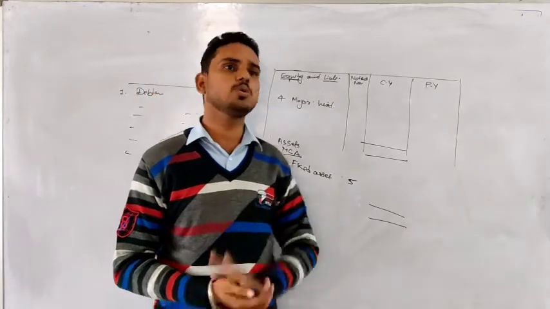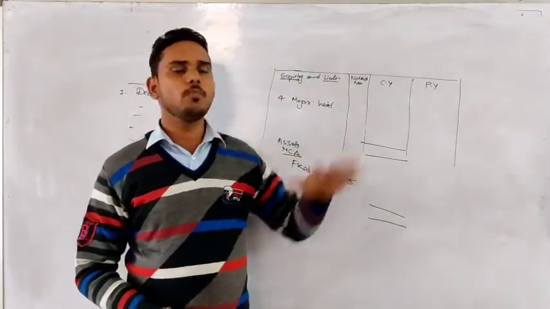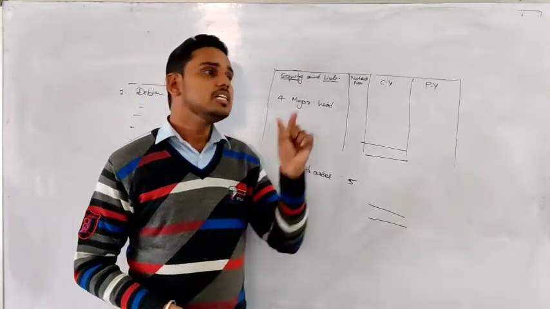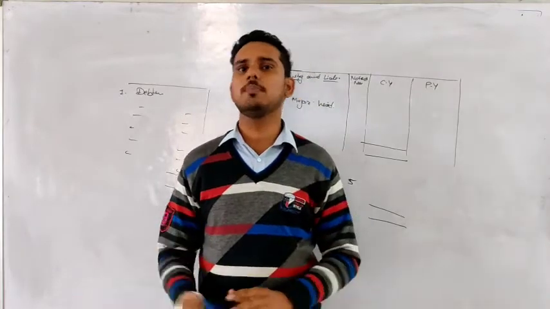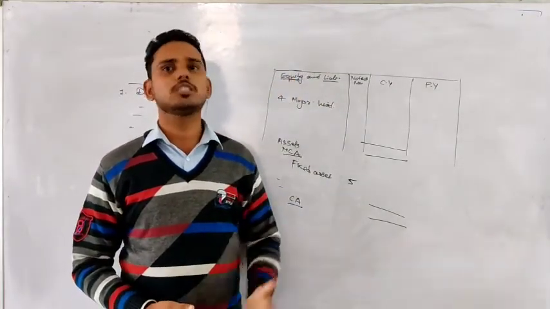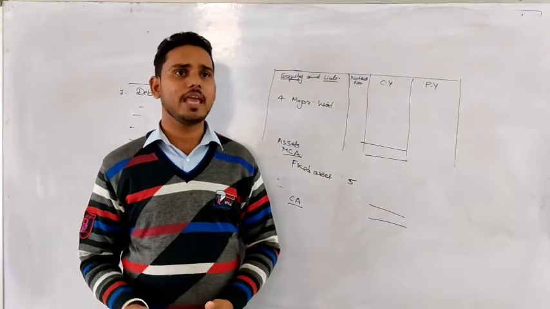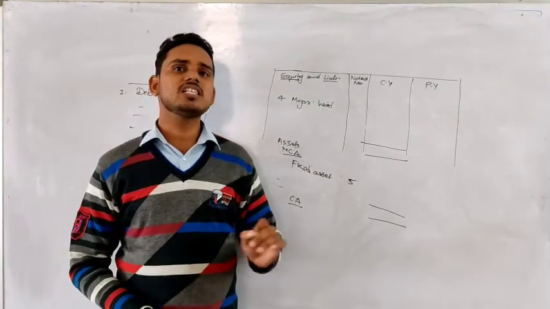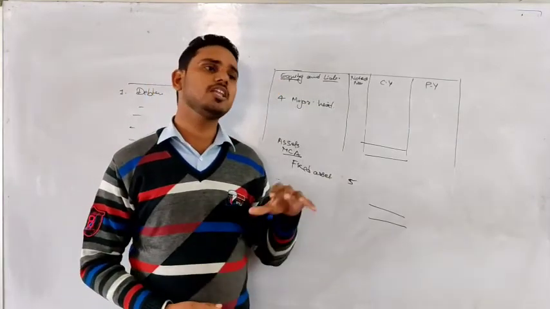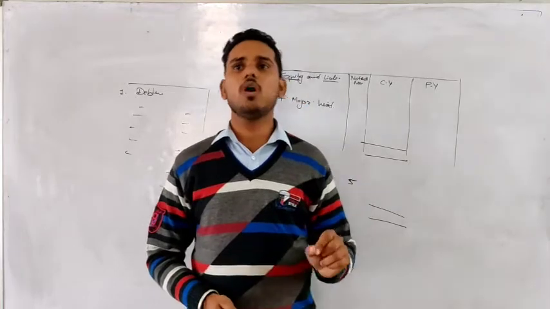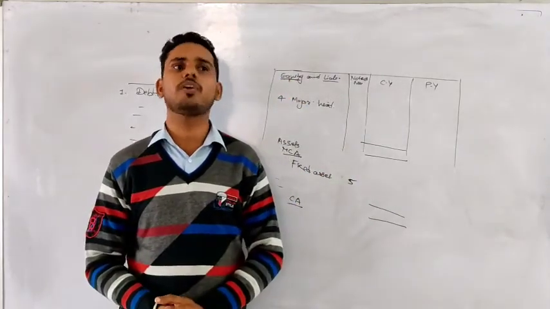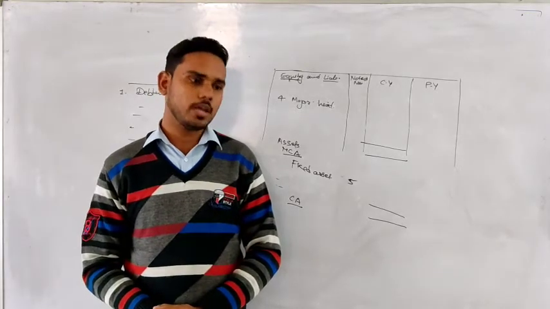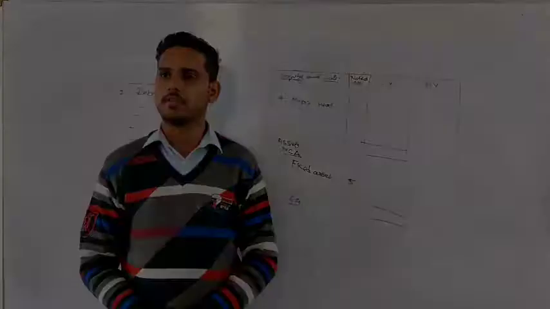In the exam 2 types of questions can be asked. First one, some information is given and you need to prepare a balance sheet. Second thing, some particular points will be given like securities premium reserve, like debtors, like stock, like inventory, like cash, some information will be given, and it is asked of you in the exam to classify this information as per their major head and subhead. That is, what will be the major head and subhead of cash. This is clear to you? No confusion, okay? So let's understand all the subheads one by one.